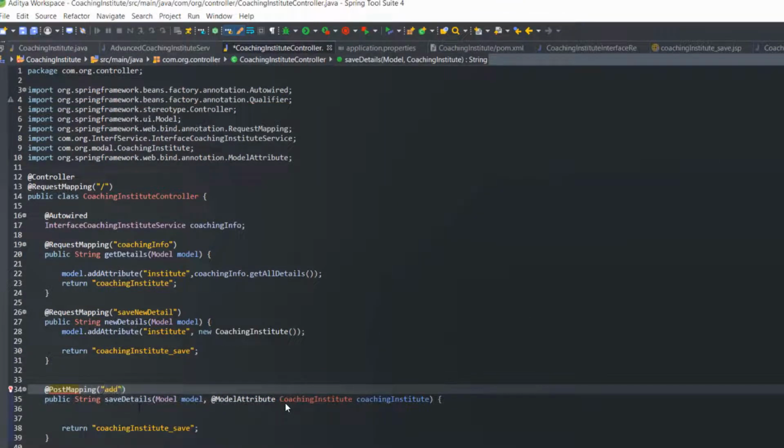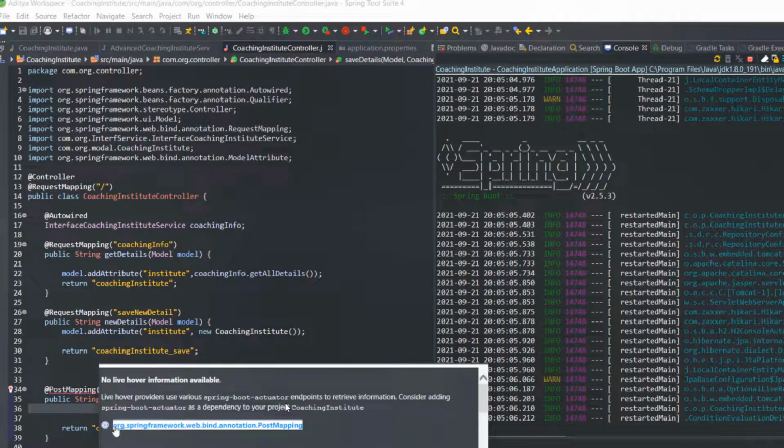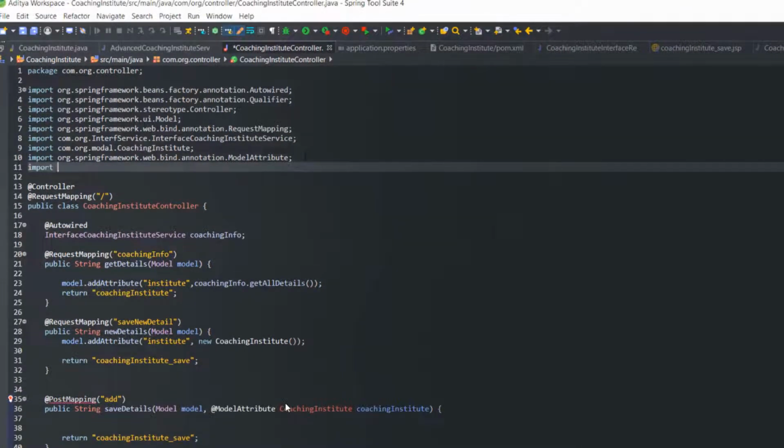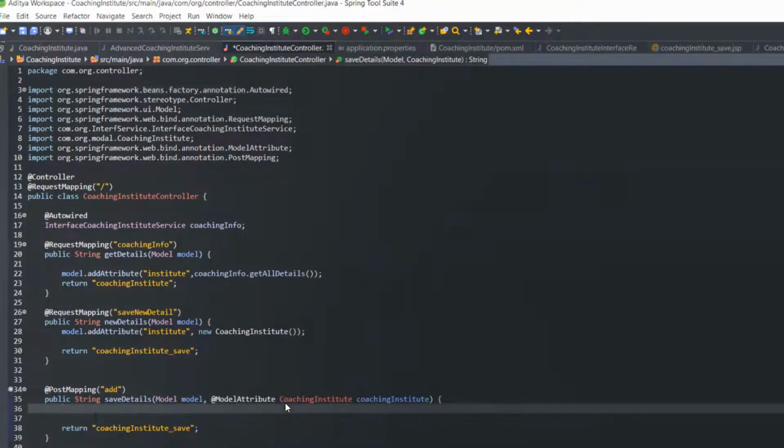I used method equal to post, so here I'm using @PostMapping. Now you can see that I'm using add here, so that whenever I submit and save the data, it should come in this method, and through that it should travel to the service class.